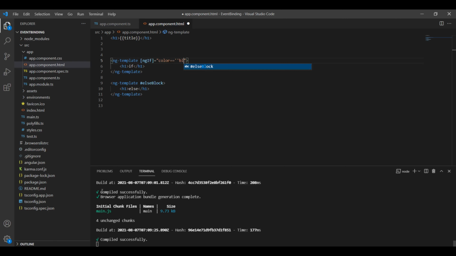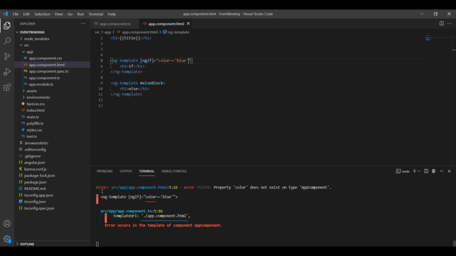Now save it. You can see on my screen the color property does not exist in the ts file.